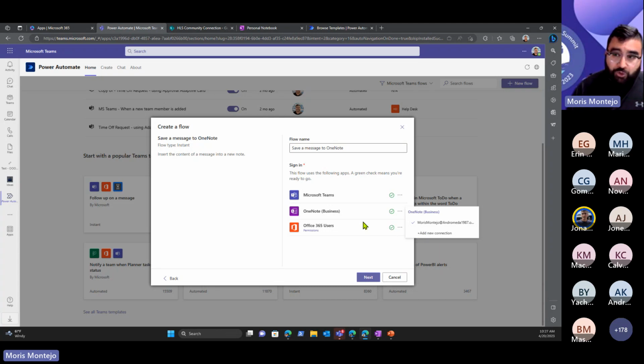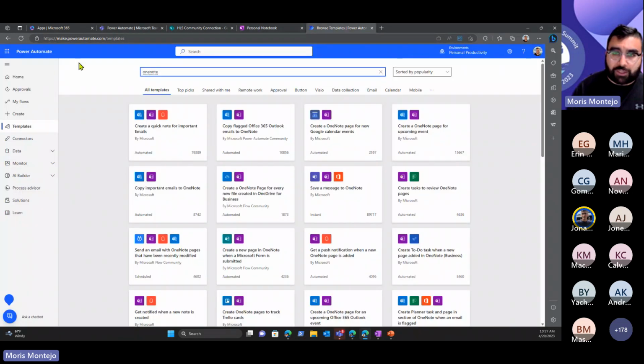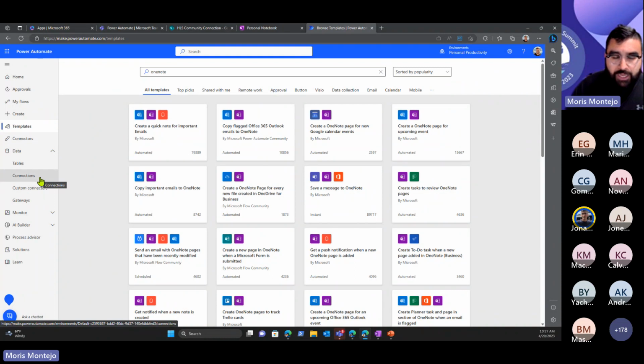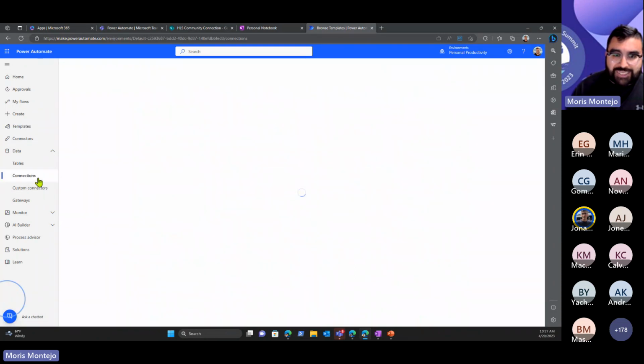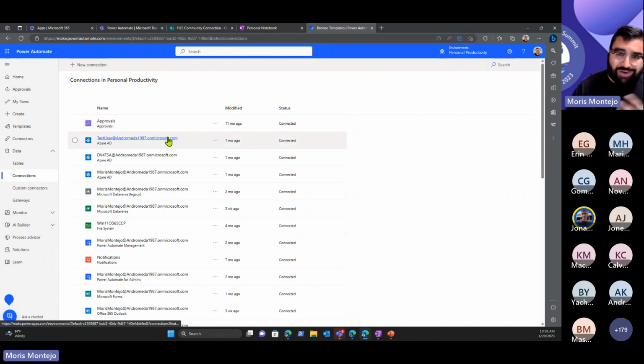Another thing you can do, for those of you that have built one of these before, and I think Jake posted instructions on chat here, is go to Power Automate directly, powerautomate.com, and under Data on the left-hand side, click Connections. This is where you can see any connections that you created in the past, and you can actually fix them from here. So just to show you really quick,